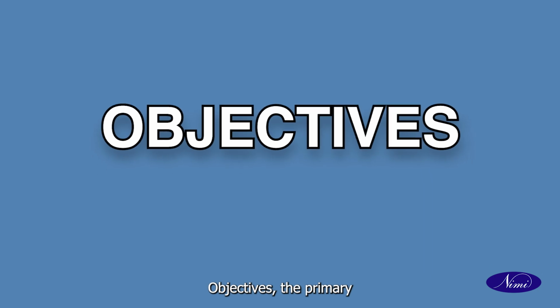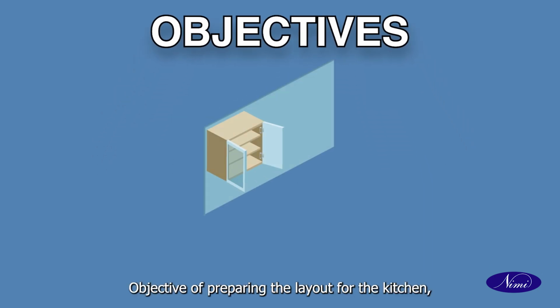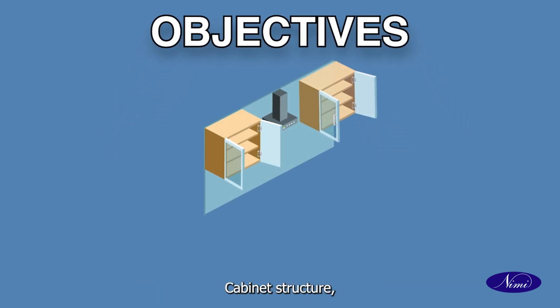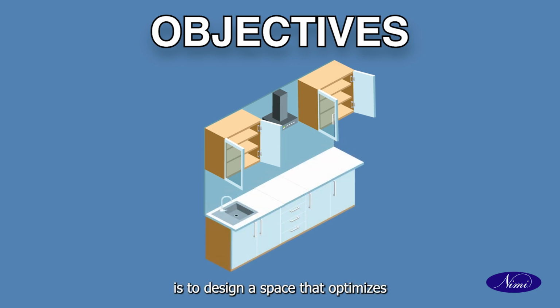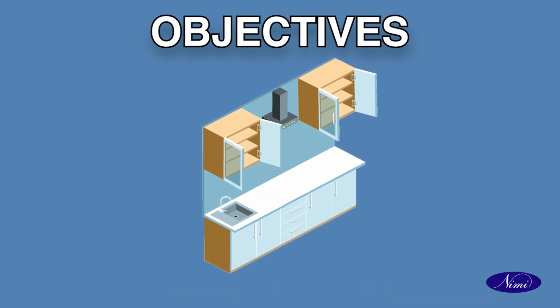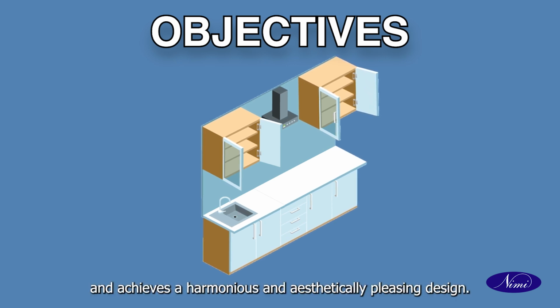objectives. The primary objective of preparing the layout for a kitchen cabinet structure is to design a space that optimizes functionality, meets the specific needs and preferences of the users, utilizes available space efficiently, and achieves a harmonious and aesthetically